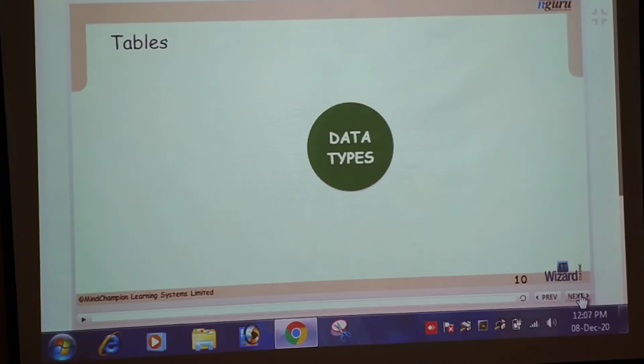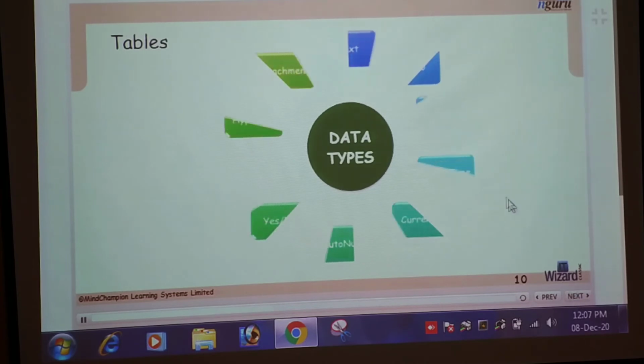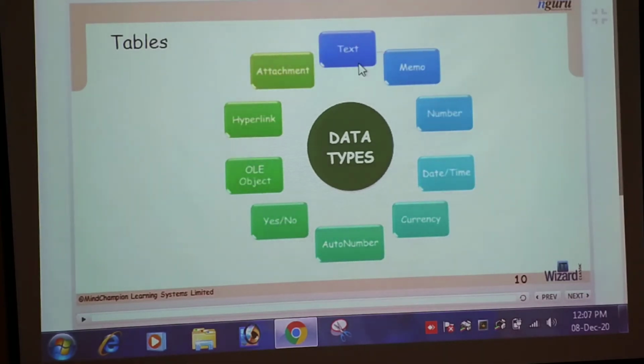Now, data types. This is a very important point of Microsoft Access. There are different types of data types in Microsoft Access. First is the text data type. This data type contains text or a combination of text and numbers, such as names and numbers.